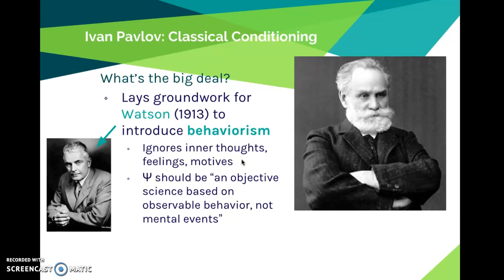He didn't think those would be an appropriate focus for people who are trying to use a scientific approach, because science needs to focus on stuff that's measurable and observable. So instead, for about 40 years, from the 1920s to the 1960s, psychologists almost invariably were behaviorists, and they focused most on what kinds of things increases or decreases a behavior in a subject, and classical conditioning was one of